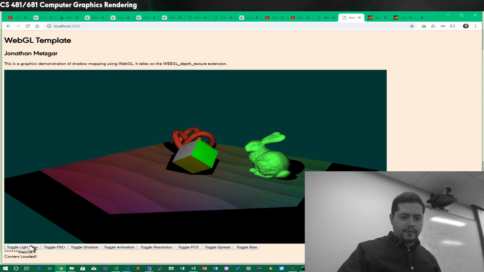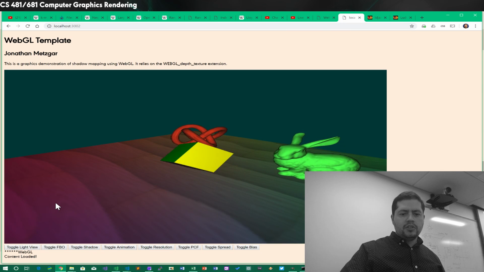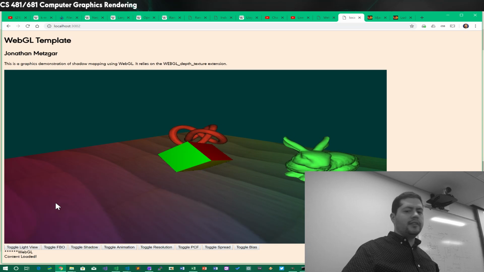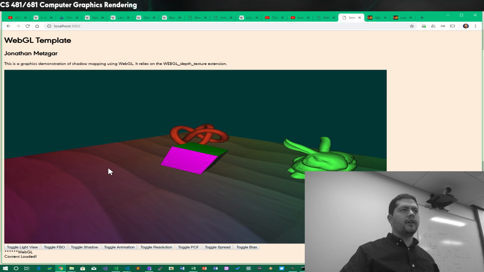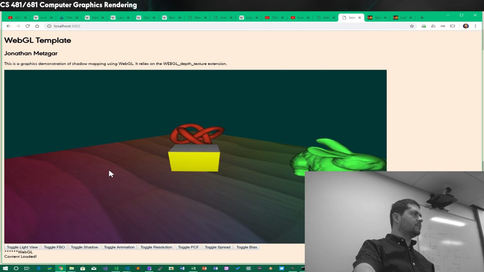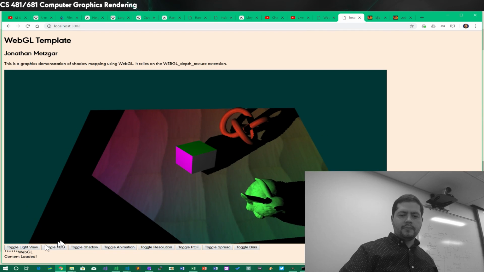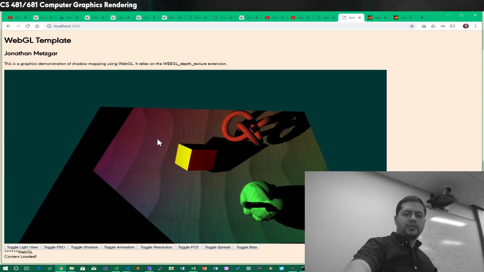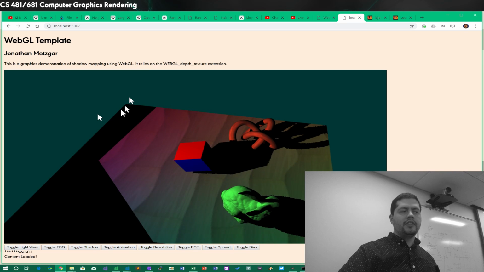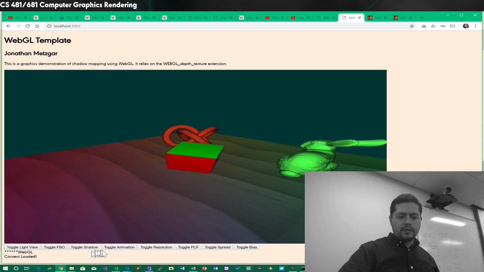Now here's what I mentioned, that when you're rendering the light map, the shadow map, right? This is technically what you're drawing. So in this image, this is exactly what we're drawing. So if I flip back, you'll notice that basically all the areas that are black are the areas that we don't have in our map. So if we go back over here,